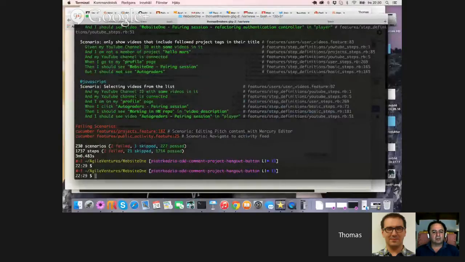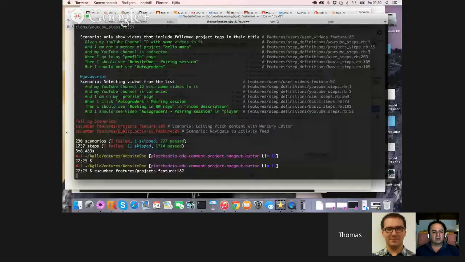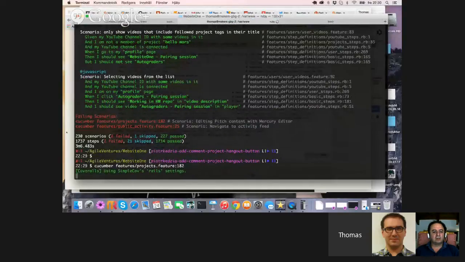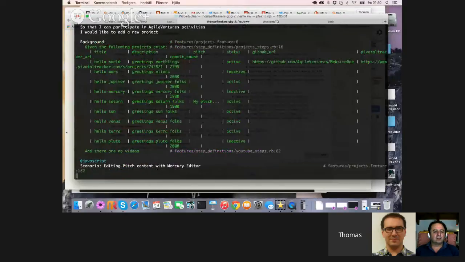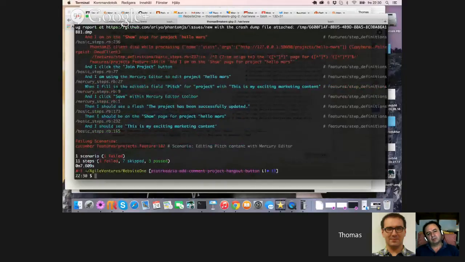So let's rerun this. Navigate to activity feed. Okay, Phantom.js client died while processing. Okay, so it's a Phantom.js issue.